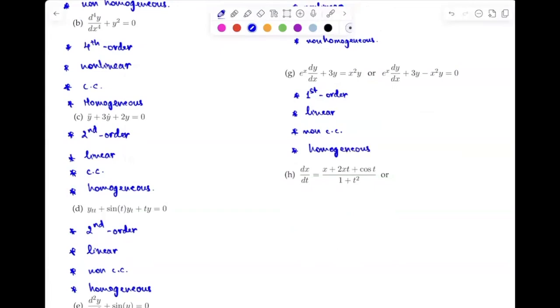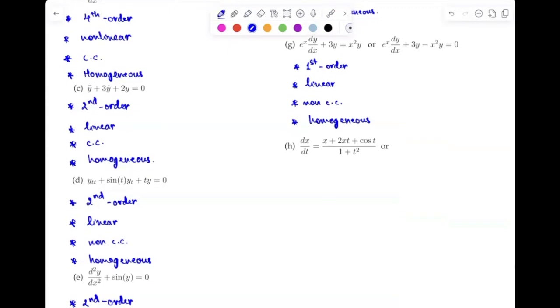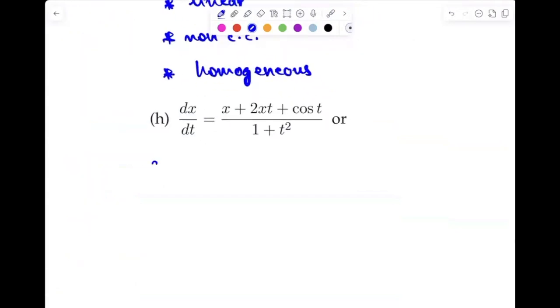Now, the last equation, dx dt equal to a fraction. We cannot just classify this without doing a little bit of work. The dependent variable in this case is x, the independent variable is t. So instead of the fraction written in this form, I'm going to manipulate this equation a little bit. So here I get dx dt